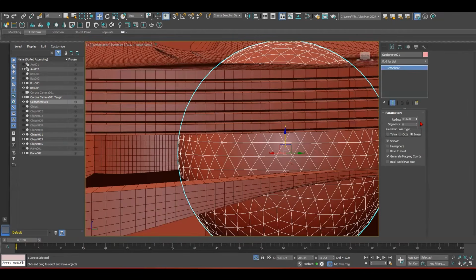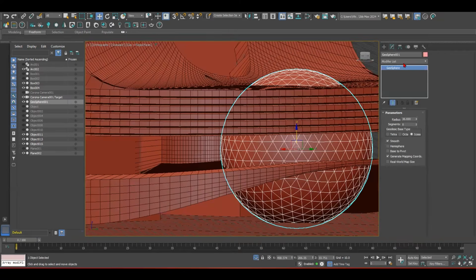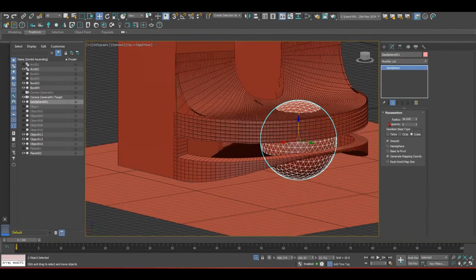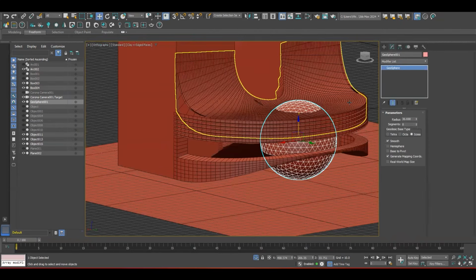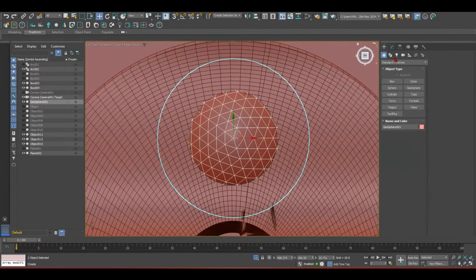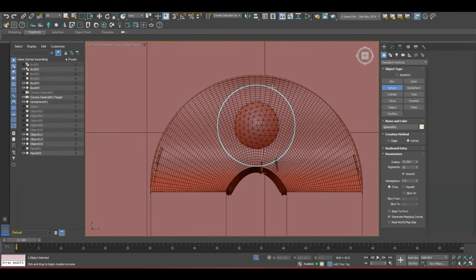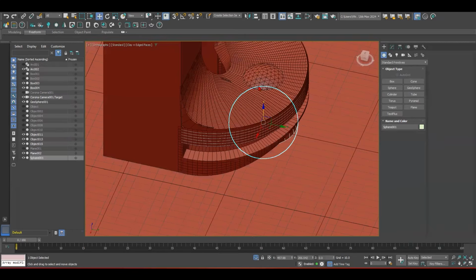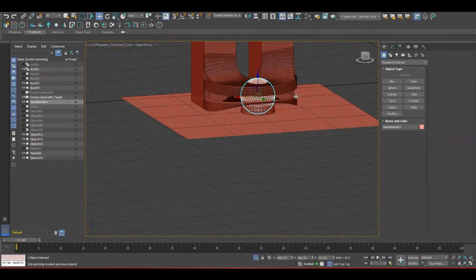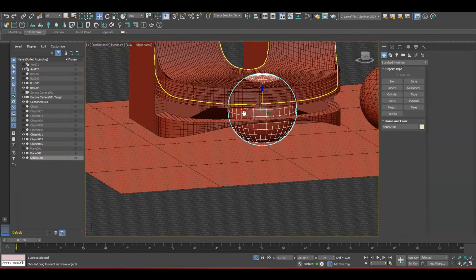So on the geosphere, we can do one of two things. First thing is the geosphere, we can get a regular sphere. Let's get the geosphere slice, starting here.